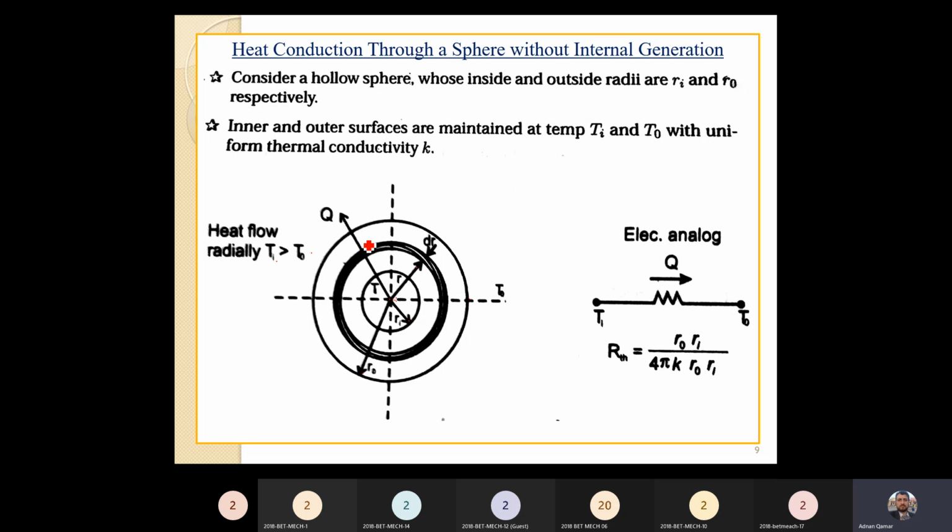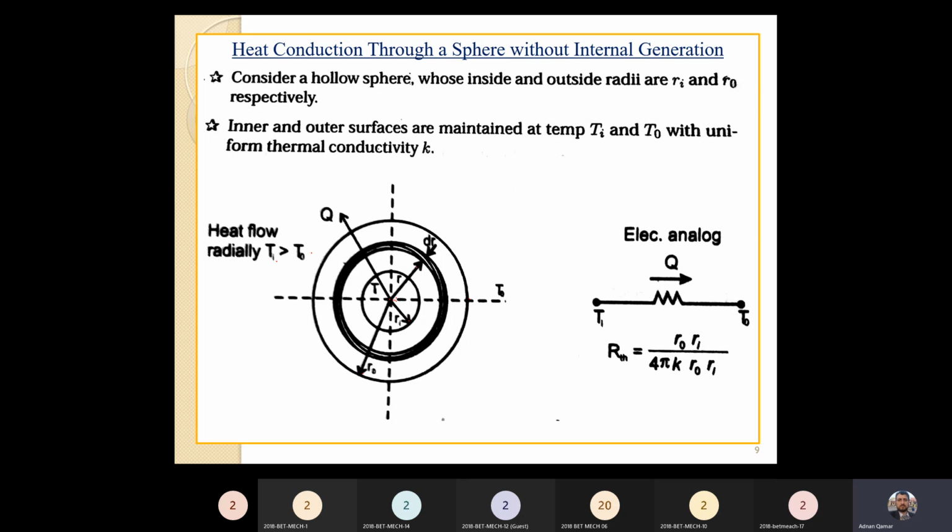Now, the inner temperature being greater doesn't mean there is an internal heat generation source. Let us assume that you have a hollow cylinder and you have inserted an inner heating element within it, then it will heat it from the inside and heat will flow from inside to outside. But that is not internal heat generation. Yes, if you heat that element by an electric current, then that would be internal heat generation.